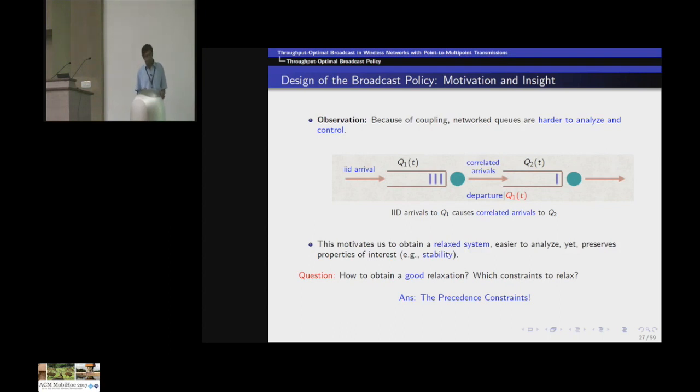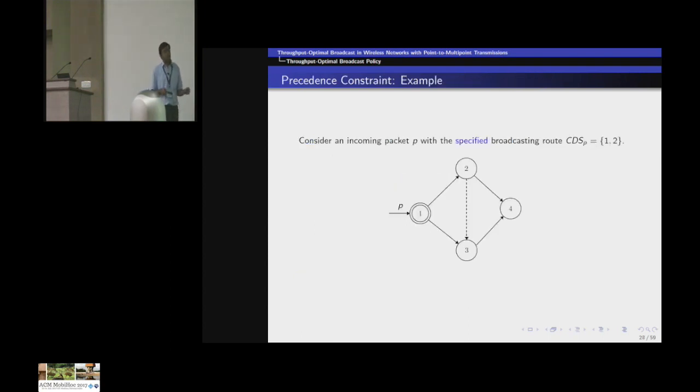So what is this constraint? Consider again a general network setting. Suppose there is a packet P that comes in at source 1, and there is an oracle that gives it a path. The path, as I said before, is a connected dominating set. For example, suppose the CDS is 1 and 2.